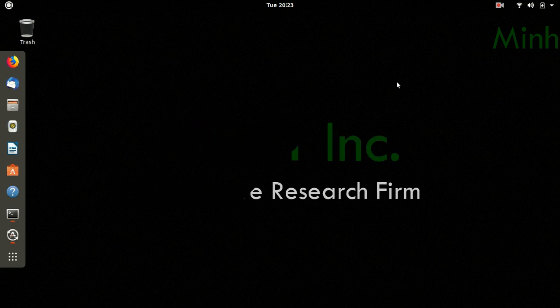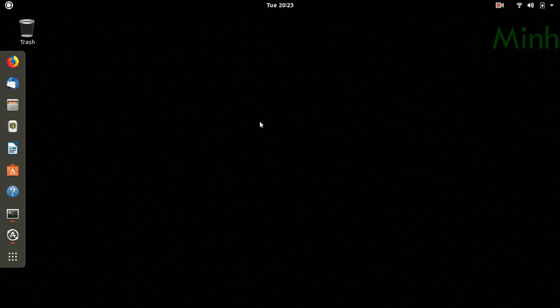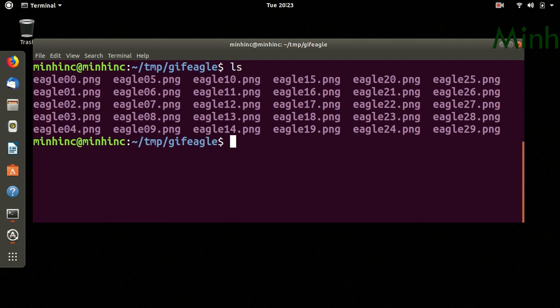We'll talk about how to create a GIF file and then how we can put the GIF file on top of a video, kind of overlaying the GIF file over a video. So I have a few images. Through these images, I'll create a GIF file. A GIF file is a set of images clubbed together where each image will get displayed for some time.